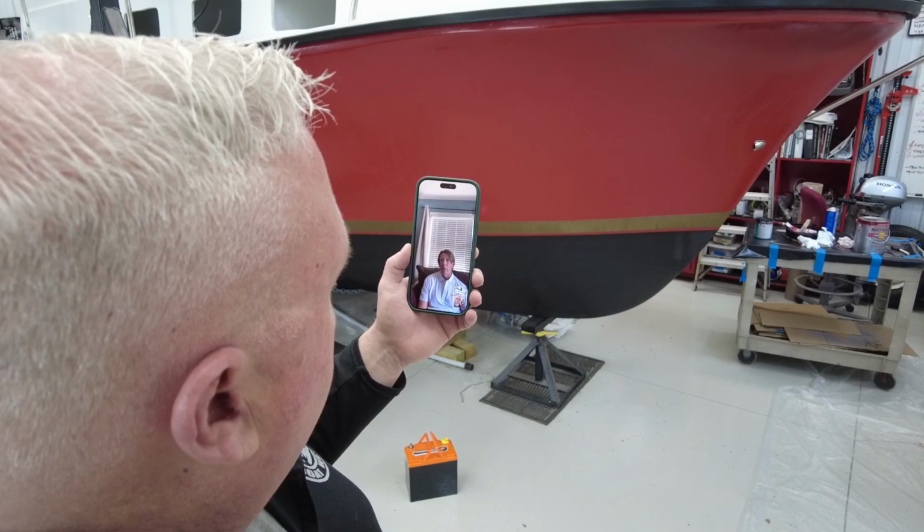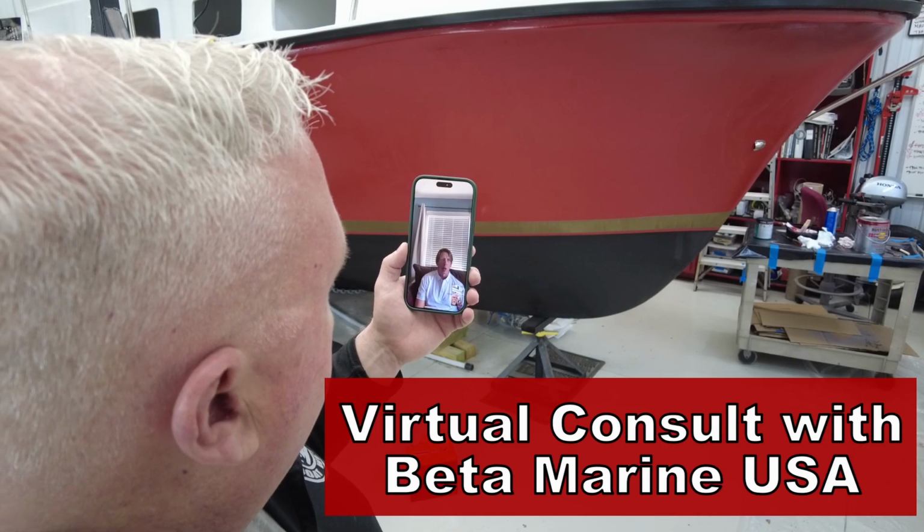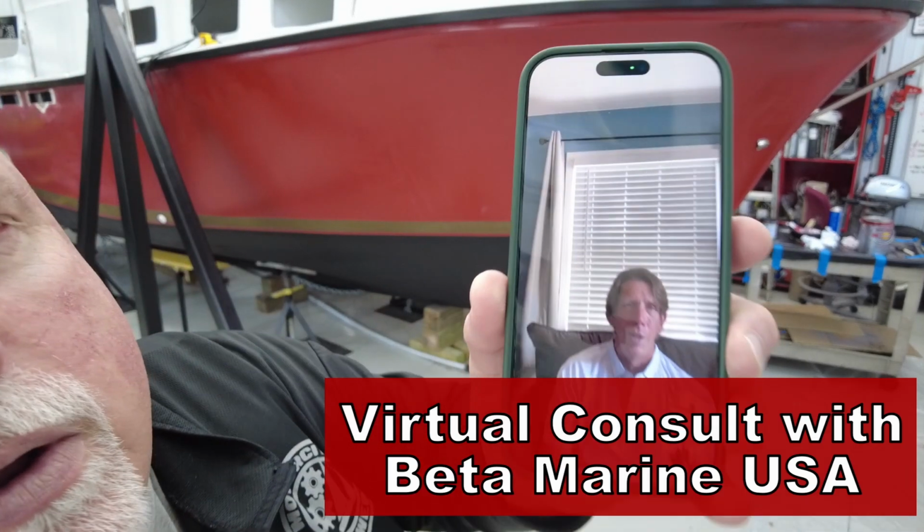Let's talk about how to use your LiDAR to get some very accurate measurements. Good old tape measure and cardboard patterns work very well. It's very, very low tech, but I wanted to double check my work and see if there was a way to use this LiDAR technology to do some of this. It sure would be great if you could use the LiDAR to get some very precise measurements on your boat project. So I put together a little video of how I was using it to get my measurements,